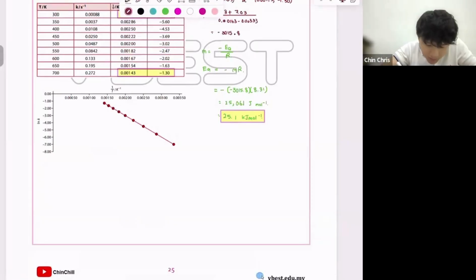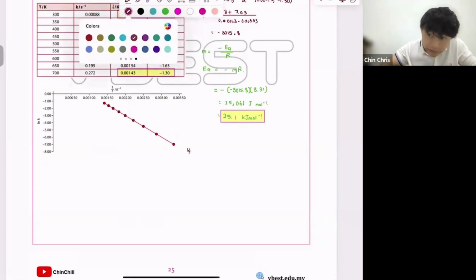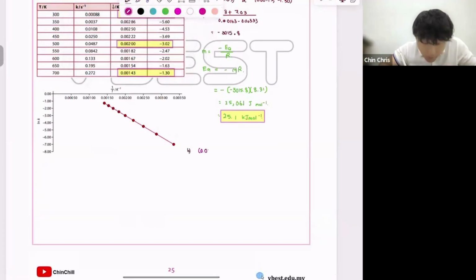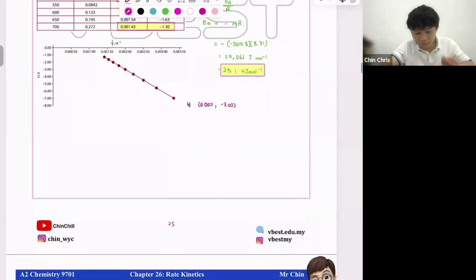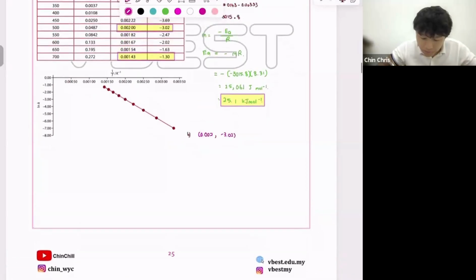Maybe I pick the middle one this time. So I know that my point is at